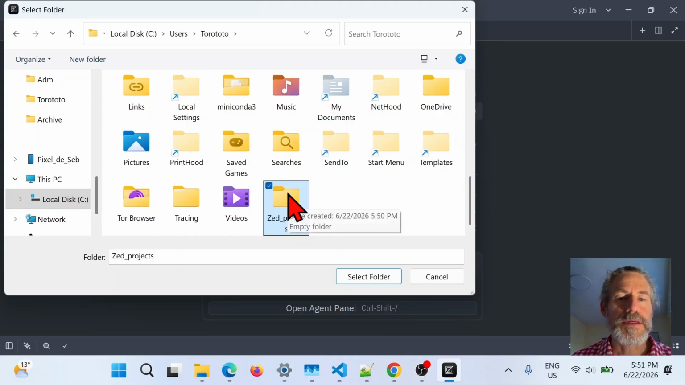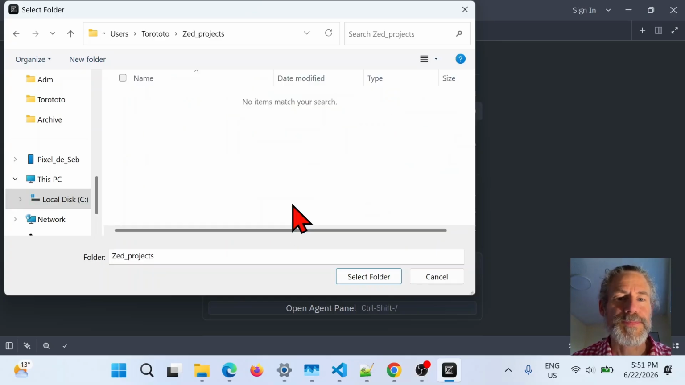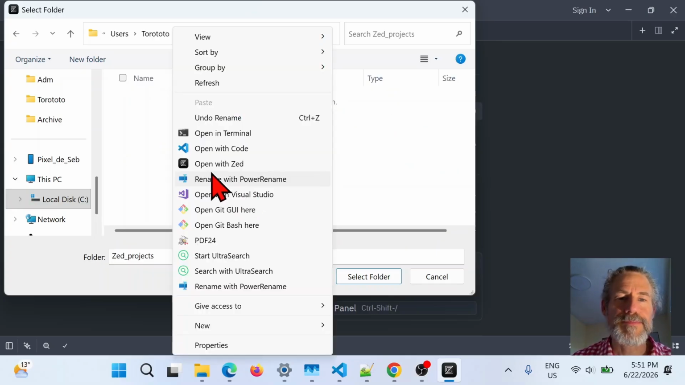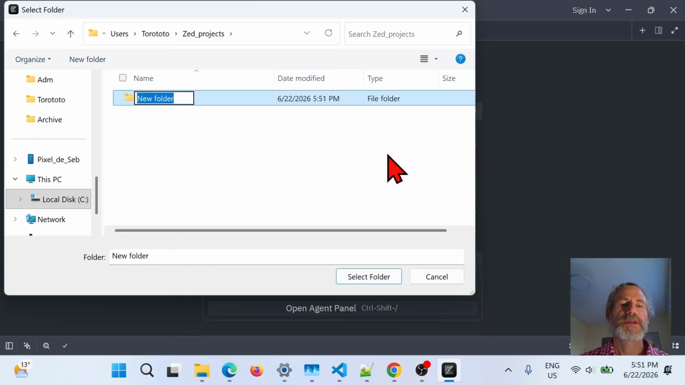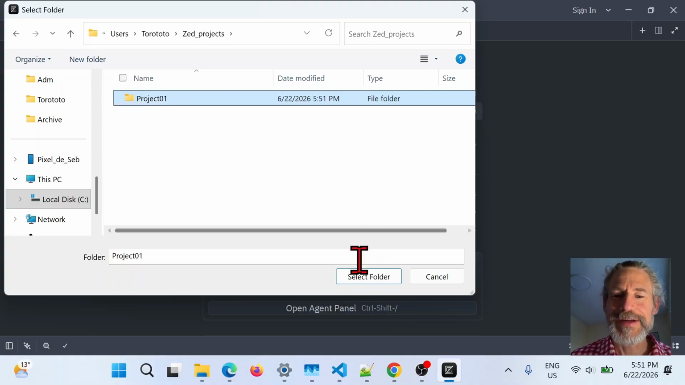And in this folder, we will create our first project that we will name, not smartly, project 01. We select the folder,